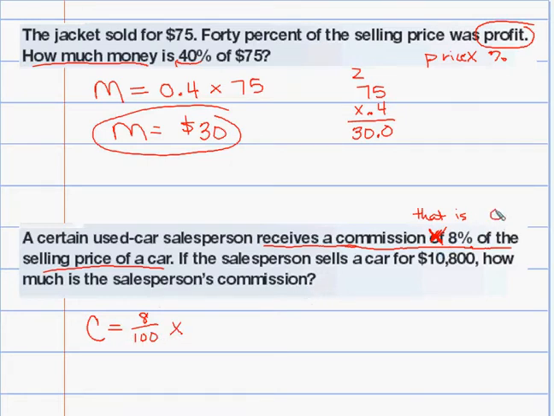Or you could use decimal point 0.08, and this will be crucial that you remember to move the decimal 2 places. 8% of the selling price, and he sold the car for $10,800. So now I have my equation. I can simplify. So let's see, I can divide this by 100 and this by 100 to get 108, and then I can take 108 times 8,